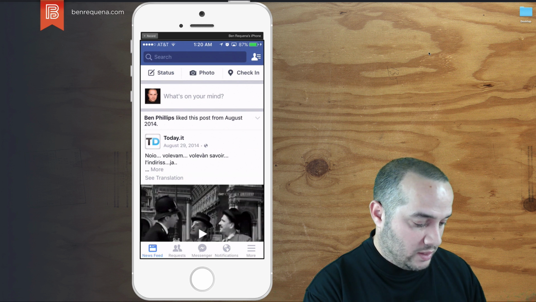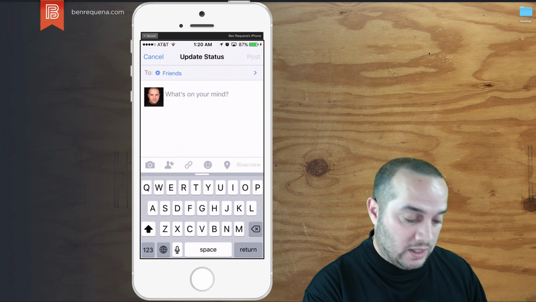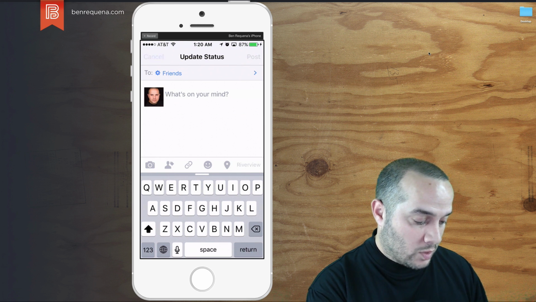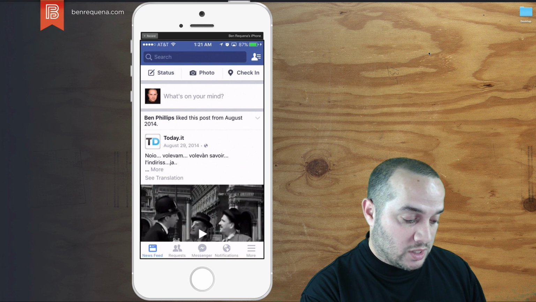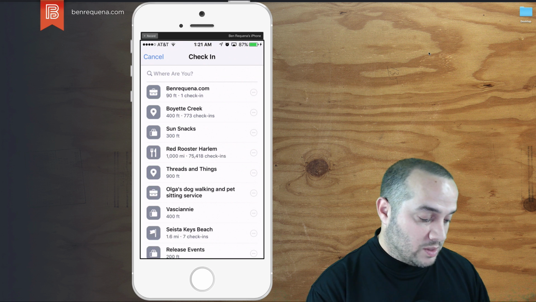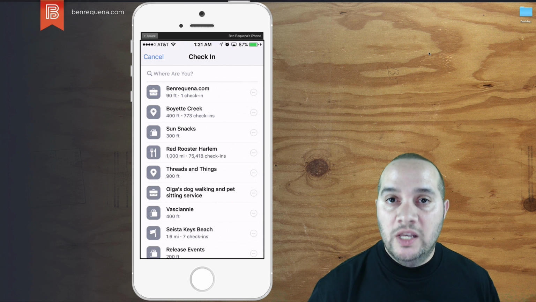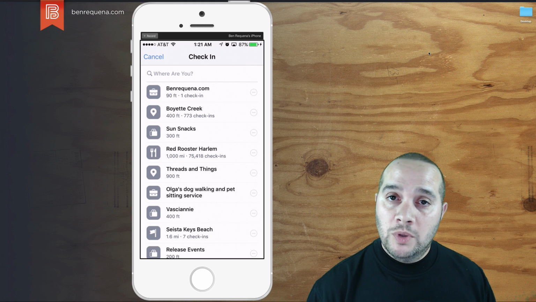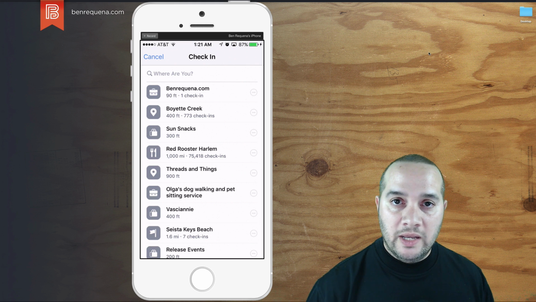So knowing that that's turned on, let's go into Facebook and create a check-in post. You can do this two ways, right? You can click on status and then click on the little location marker down there in the middle to the far right. Or the easiest way is just to click on the check-in tab there. What comes up is a place where it's asking you to select nearby locations. As you can see, the top one on the list is a custom location that I've already created called benricana.com, but